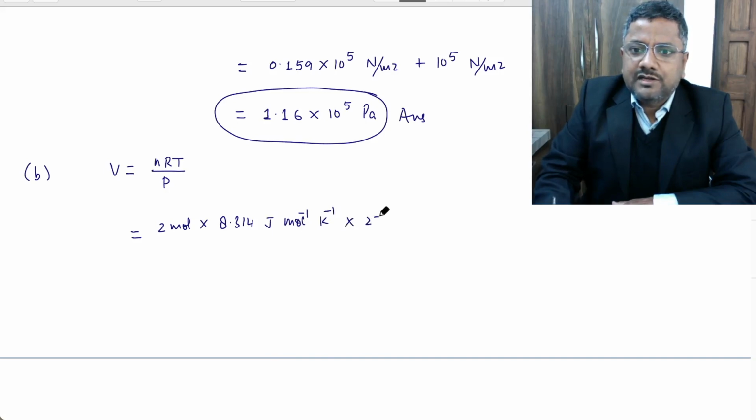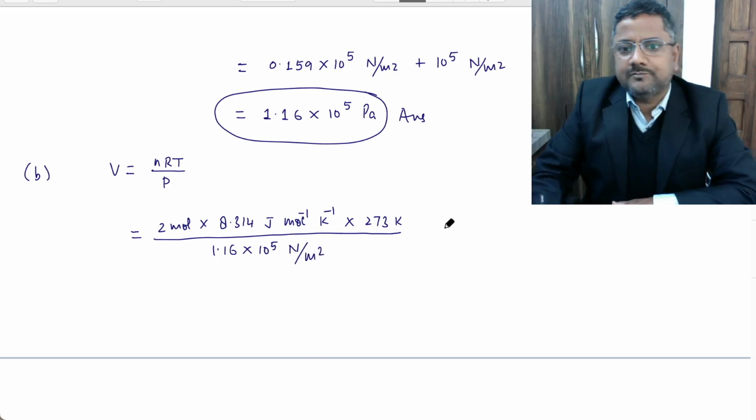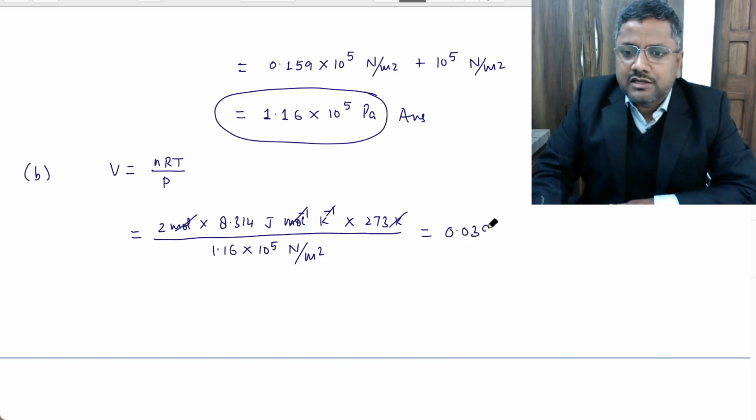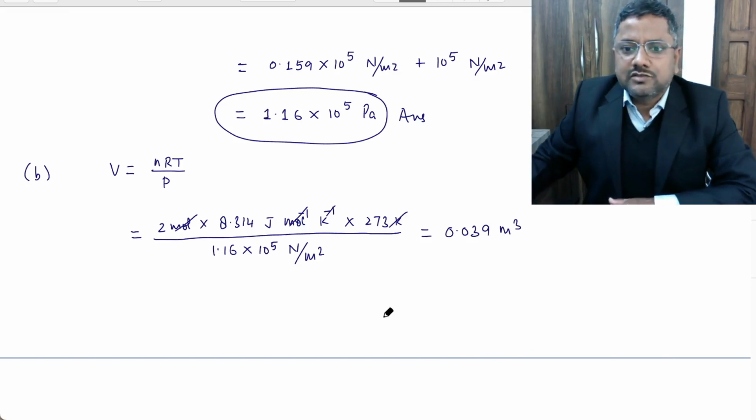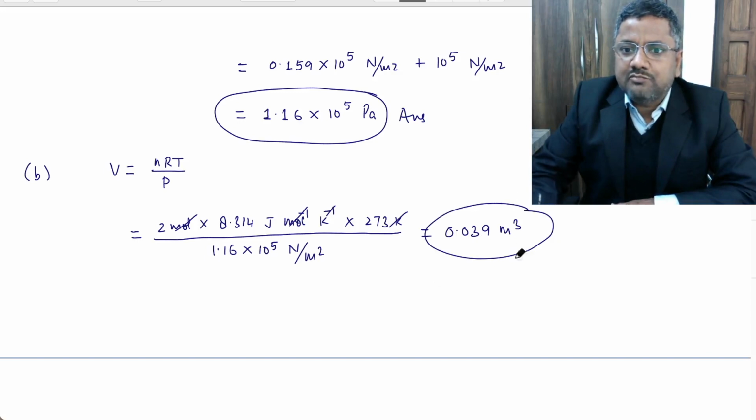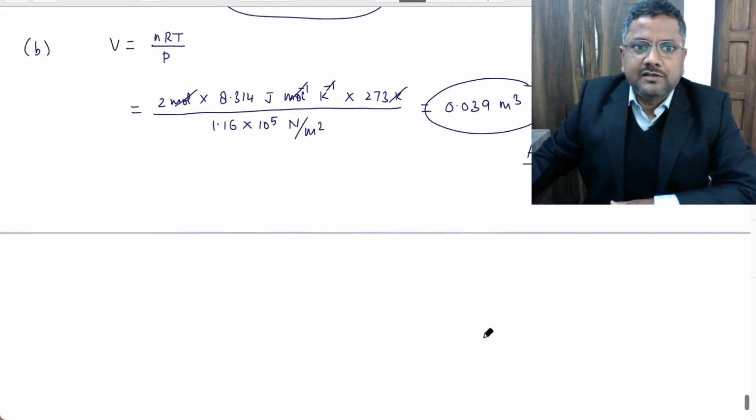Temperature is 273 Kelvin divided by 1.16 into 10 to the power 5 Newton per meter square. So this is equal to this. Kelvin, Kelvin cancel, mole, mole cancel. So after solving this, you will get 0.039 meter cube, right? So this is the answer of the B part. Okay. Now the C part,